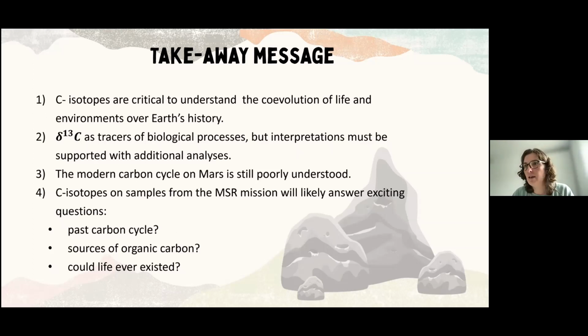That is, was there a past carbon cycle on Mars, and if so, how was this carbon cycle? Was it also the interaction of four different pools of carbon like on Earth, or did it work differently? And even if it worked differently, was life possible? So, did life adapt to how carbon moved in a different way on Mars? I have a lot of questions